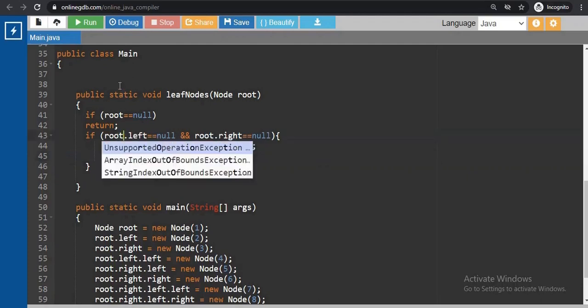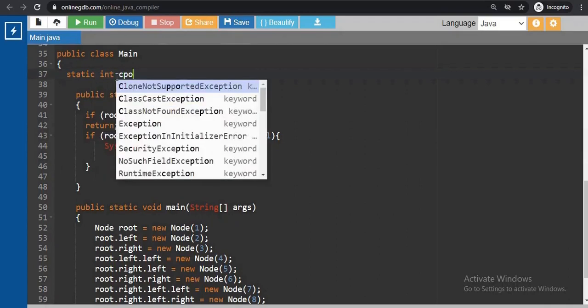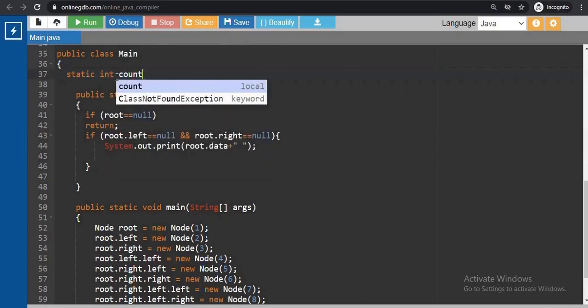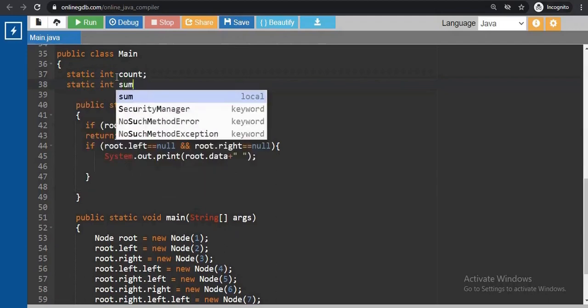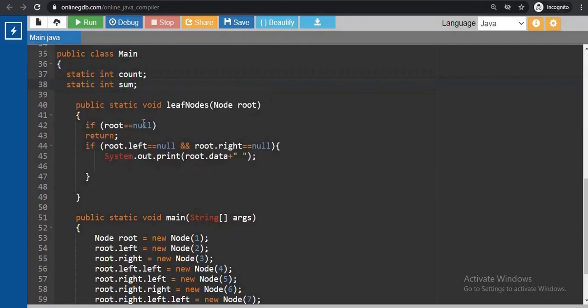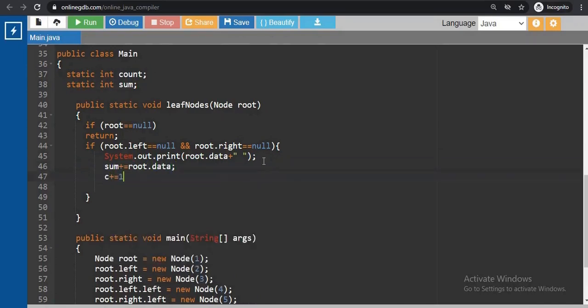So let me define these two variables here: static int count and static int sum, right? We have done it, and now just add it here, root dot data to sum and counter plus 1, right?